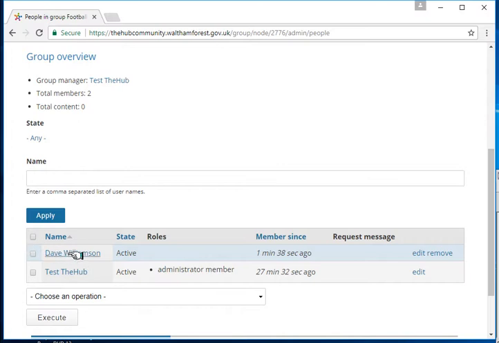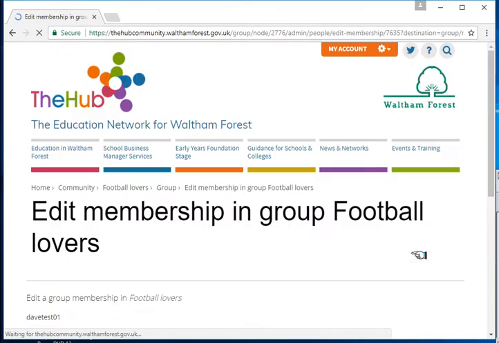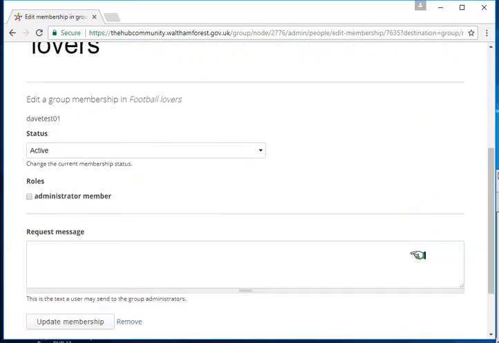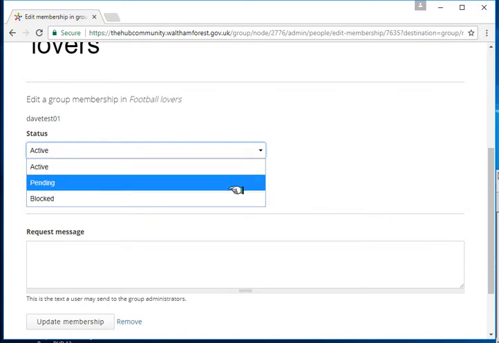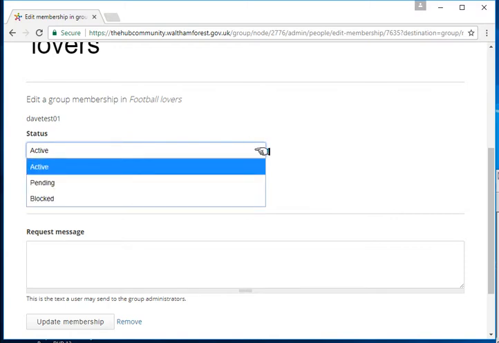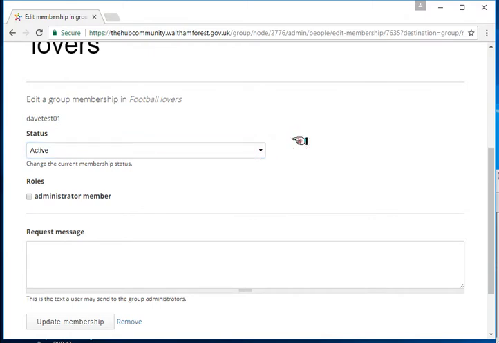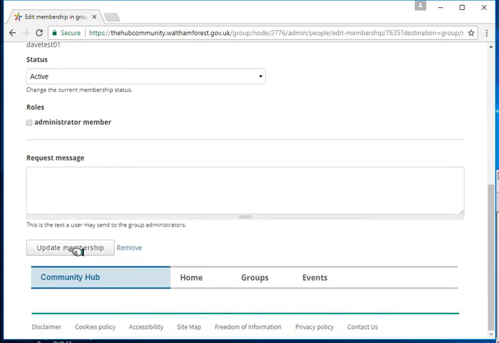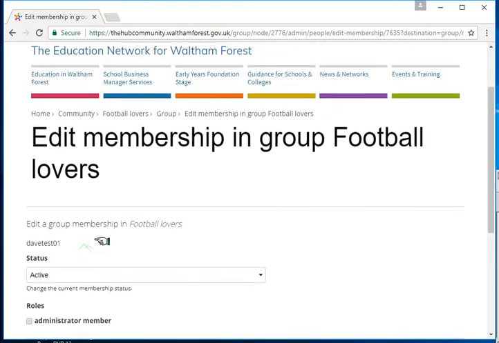So I'm going to click on the member that I've just added, click on edit. So I could block his membership if I wanted to, and I could switch him to make him an administrator if I want to, but I'm not going to do that. And then if I wanted to do that, I could just press update membership. So that's one way of doing it. So if I go back now,